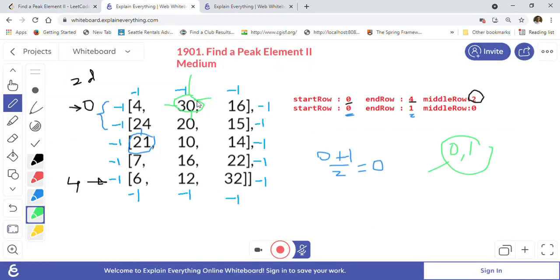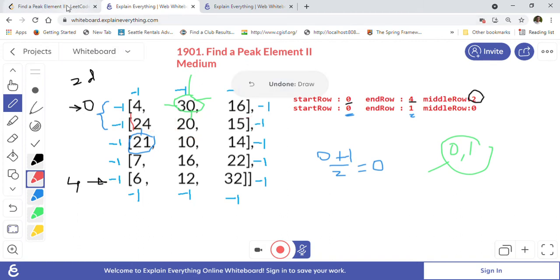For example, here, 30, when you are on the first row, then we have to only care about the next row. Let me highlight this row. We only care about this row, because the previous row is all minus 1 anyway, so we don't care about it. Only this row, and specifically this column, because that's where we have to find a peak element for 30, right? So if this element is lesser than 30, then we are good, because 30 is itself the biggest element in this row. So we only care about this column and this position, and that's what it is doing here.